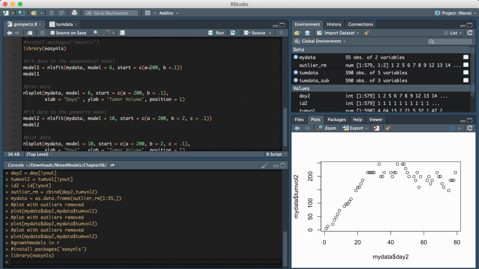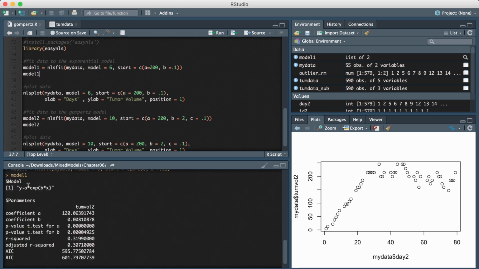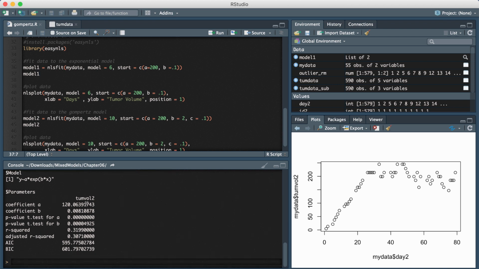For the exponential model, there are just 2 parameters, A and B. So this looks like it's maybe the starting value, and then this is the growth rate. B would be the growth rate. So I just fit the model, and for this code, the nlsfit will fit the model to my data. Model 6 means to fit it as an exponent, and then start gives you the starting values. So I did that, and then this gives me an exponential model, so A times e to the bx, and then this gives me my final estimates for the parameters. For the parameter A, the final estimate was 120, and for the growth rate, the estimate was 0.008.